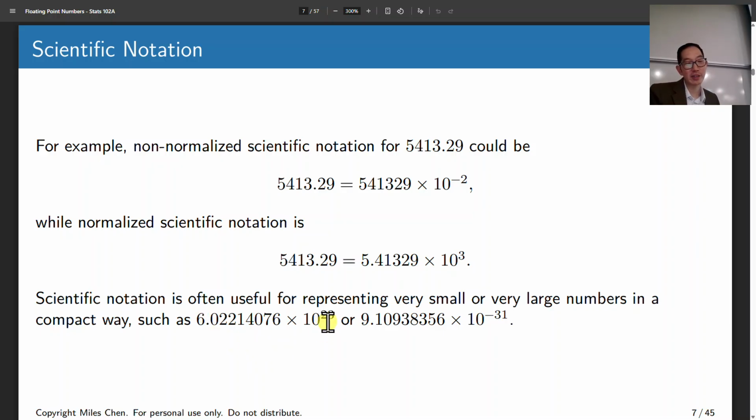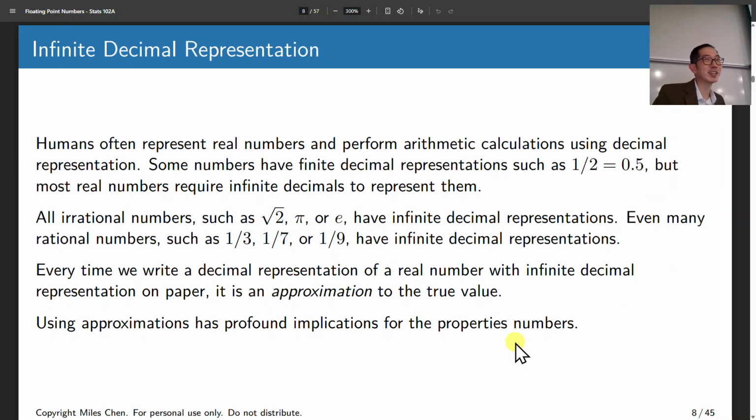And then this allows us to represent really big numbers like, I think this is Avogadro's number, the size of a mole, I think. I don't remember. This is some other really small number. I think it's like Planck's, I don't know, something. Okay. I don't know all of these things. All right. And okay, so anyway,